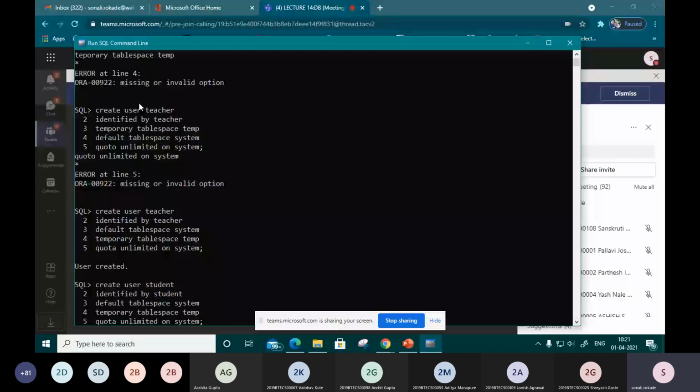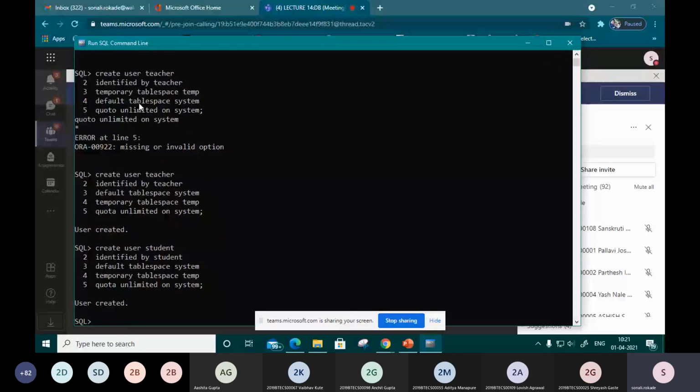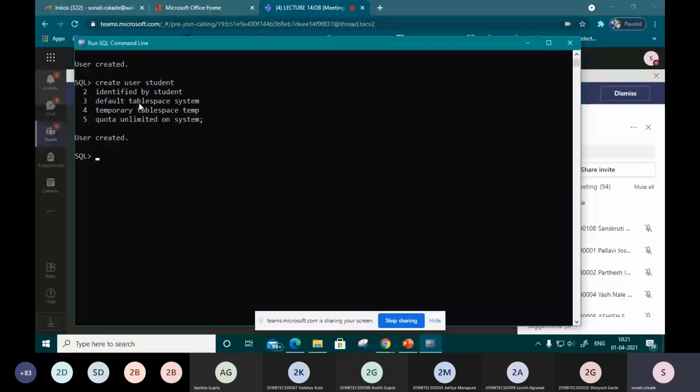Okay, now I want to create one role. I'm not applying permissions directly here, so for that purpose I'm creating a particular role. Let's check how we can create that role. To create a role, we pass a query with the create command: create role assistant. So in this way, we can create a role.